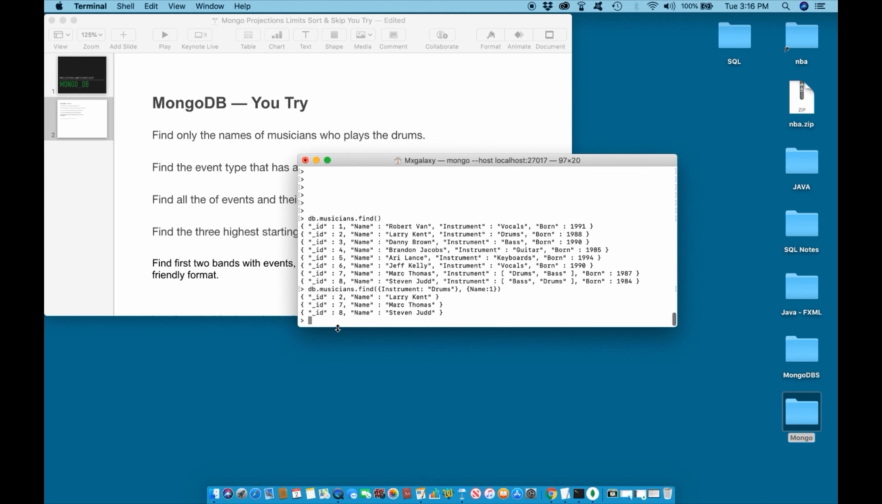and we return with the three different musicians who play the drums. We are also automatically returned in every projection query the ID of that specific individual or item. If we do not want the ID to output, and this is what our question is asking us for, to find only the names of musicians who play the drums, we can change the query to indicate to only print